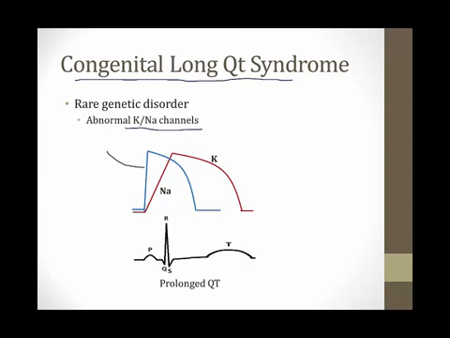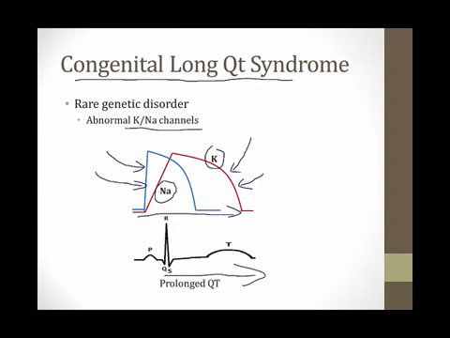Shown in blue on the screen here is a normal cardiac myocyte action potential. Shown in red is what the action potential can look like when either the sodium channels or the potassium channels are abnormal. Sodium channels are responsible for this phase of the action potential. Potassium channels are responsible for this phase. If either the sodium or potassium channels are abnormal, the myocyte action potential can get drawn out, as I've shown in this red example on the screen. When it takes longer for myocytes to depolarize and repolarize, that results in a prolonged QT interval on the surface EKG, and that's what happens to children born with the congenital long QT syndrome caused by abnormal potassium or sodium